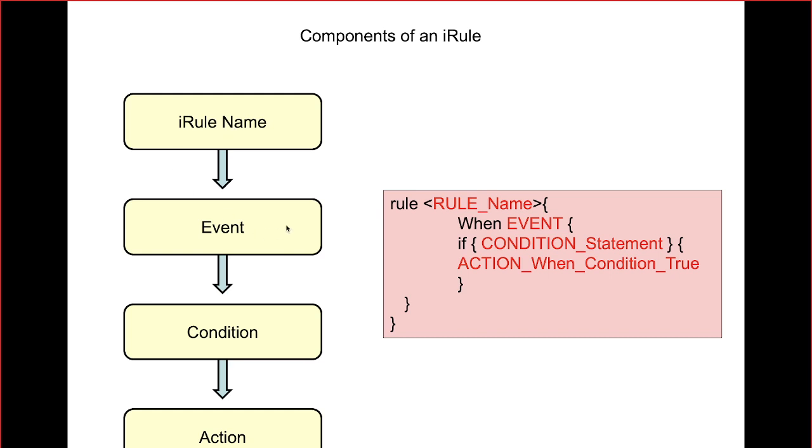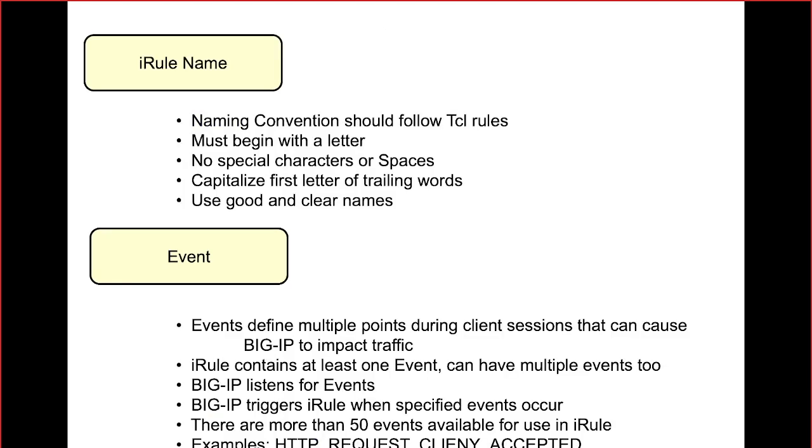We just now saw the number of events that you can refer to. When that event happens, you would like to match something, or if you don't want to match something, you can do that too. That's a different story. We can say, I would like to put a specific condition: if the request is coming from this IP address, then I would like to redirect the traffic to a specific server. I can do that. This is how the iRule is going to be created.